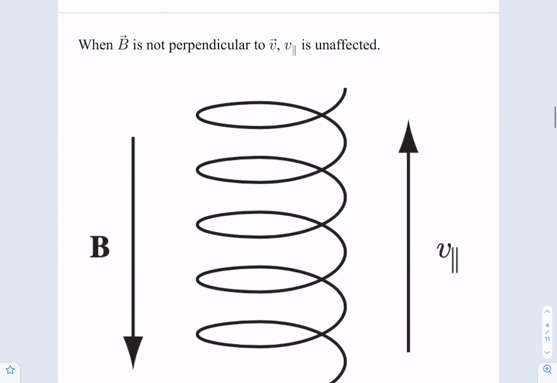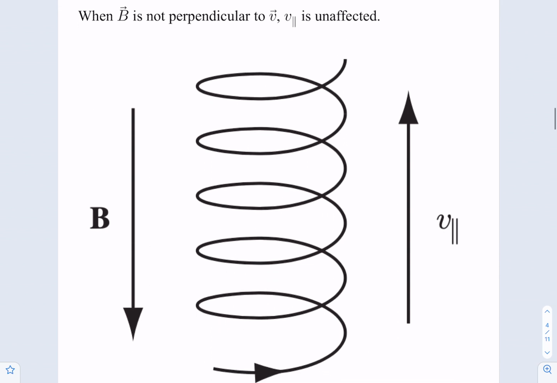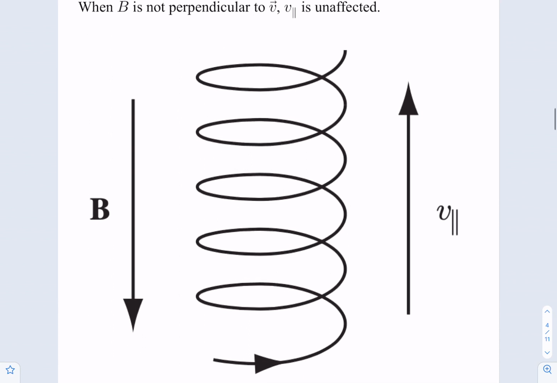Okay, so let's try to take another example. Say that in the previous example, the B field is perpendicular to the plane of motion, so it's perpendicular to V. And now think that the B field is actually not perpendicular to V, which means that there is a parallel V that is in the direction of this magnetic field. And in this case,